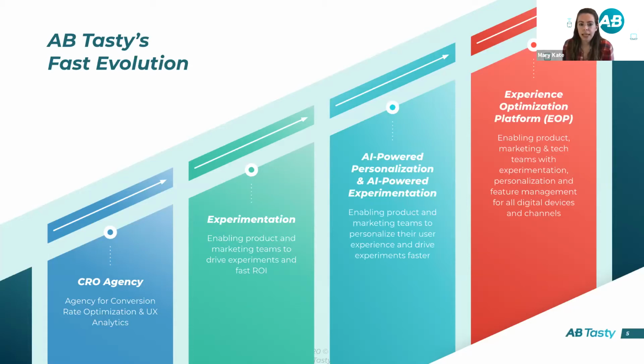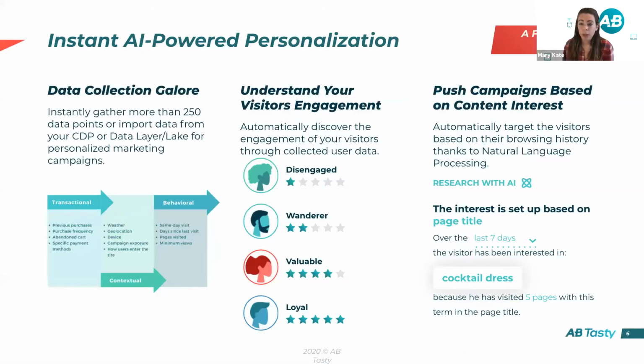So just to get a little bit into how we do this and what exactly that means. Sometimes in software, we speak in a lot of acronyms: CRO, CDP, SDR. So I just want to dig in a little bit more about what this is tangibly. What we do is we facilitate all facets of a platform designed to help you ultimately display digital experiences